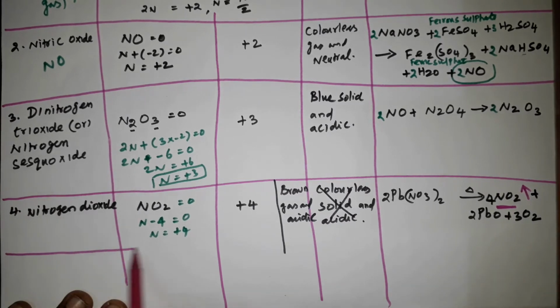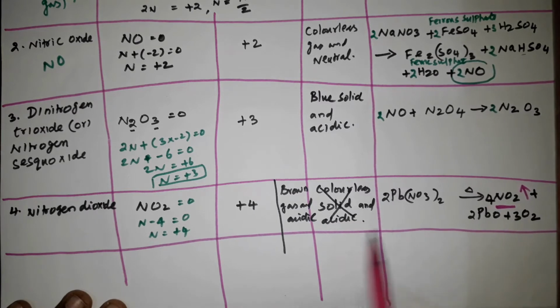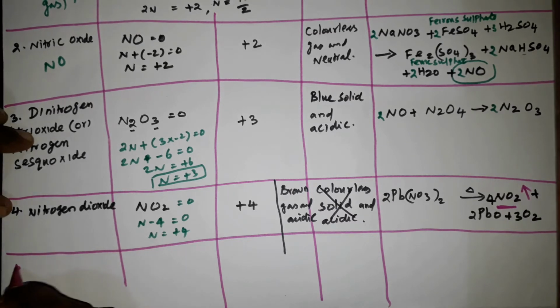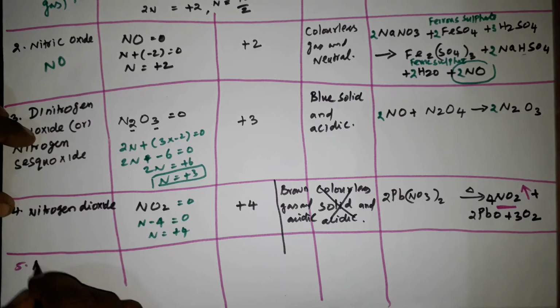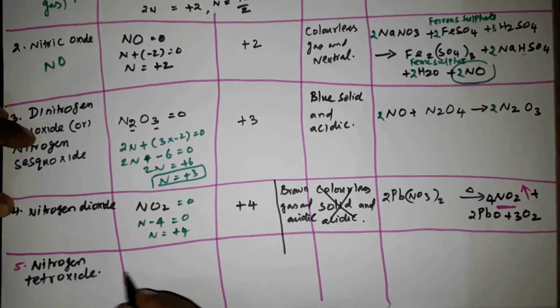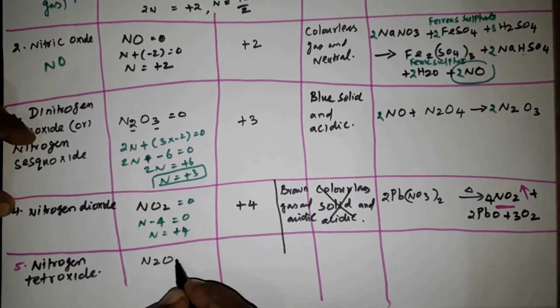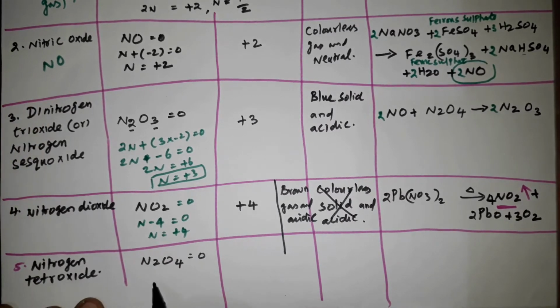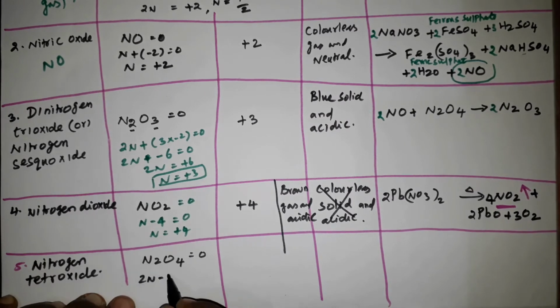Then the next type of oxide is dinitrogen tetroxide, or you can say nitrogen tetroxide. Tetra means it is 4, so N2O4. Calculate the oxidation number, 2N minus 8